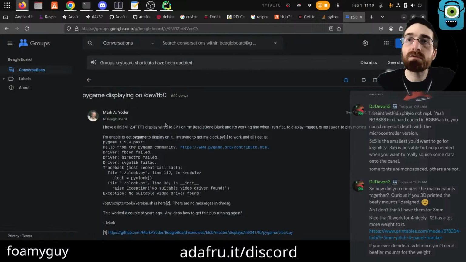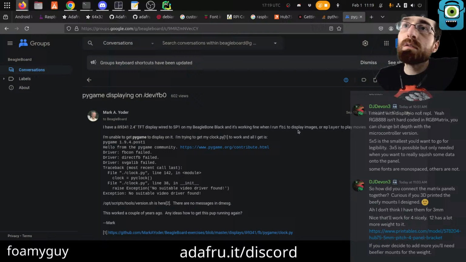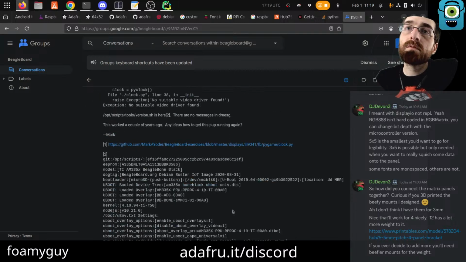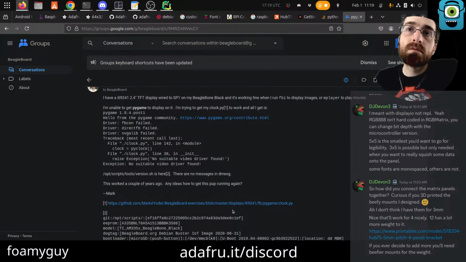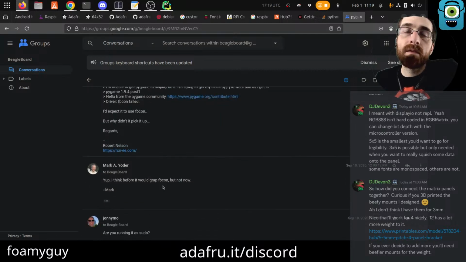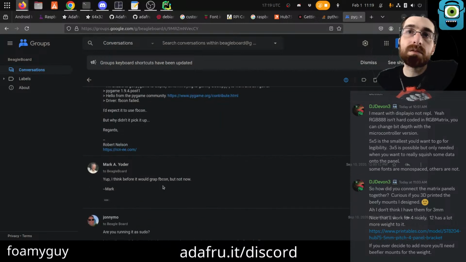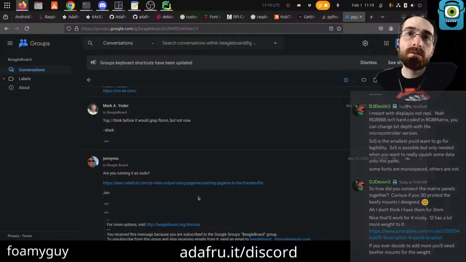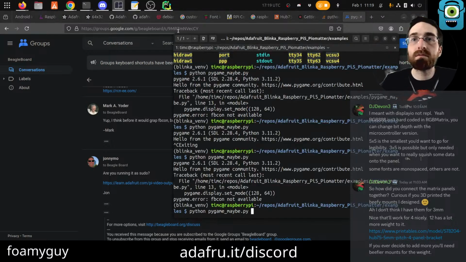Okay, this is what we want to do. Mine's FB0. Well, yeah, he's saying FB0. So I run FB items. Expected to use FBCon, but why didn't it pick it up? I think it needs... Try running it as sudo.